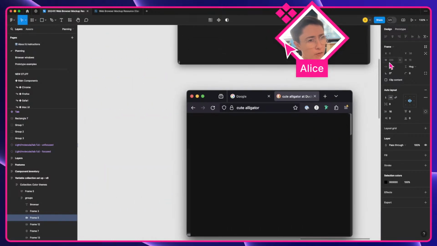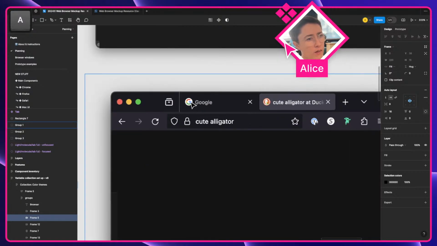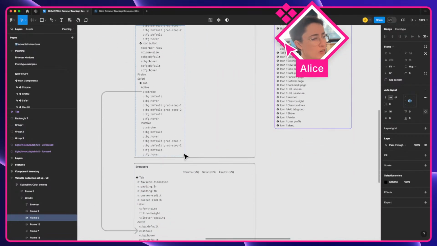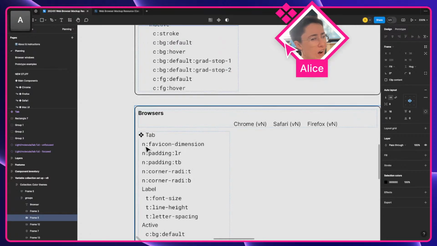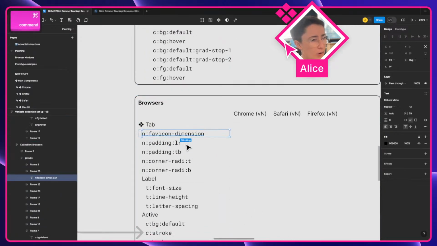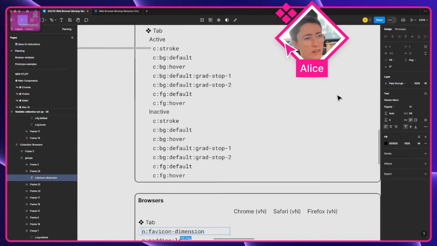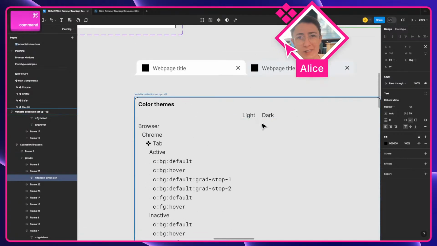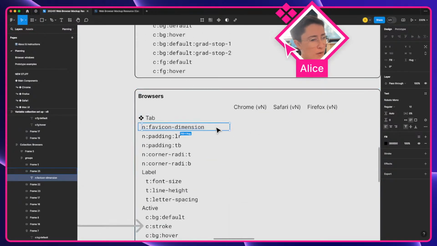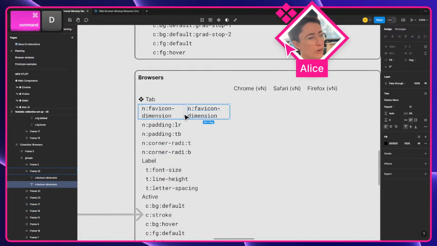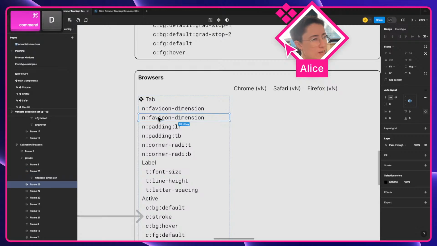Thinking about tabs again. Oh, there's something: dimensions. I think the dimensions of the favicon, the dimensions of the icon. So we have the favicon in there. And again, that's something that's going to change based on what browser we're in, but not based on what color mode we're in. The size of things is not going to be affected up there. So that variable lives here. So we're going to need another one of these for